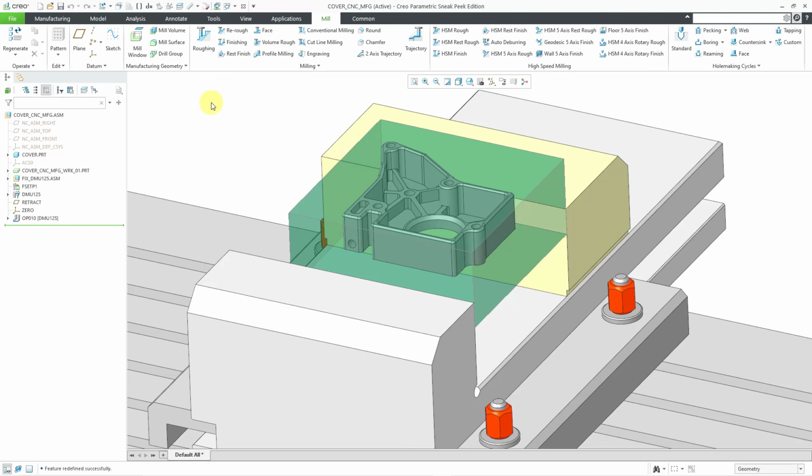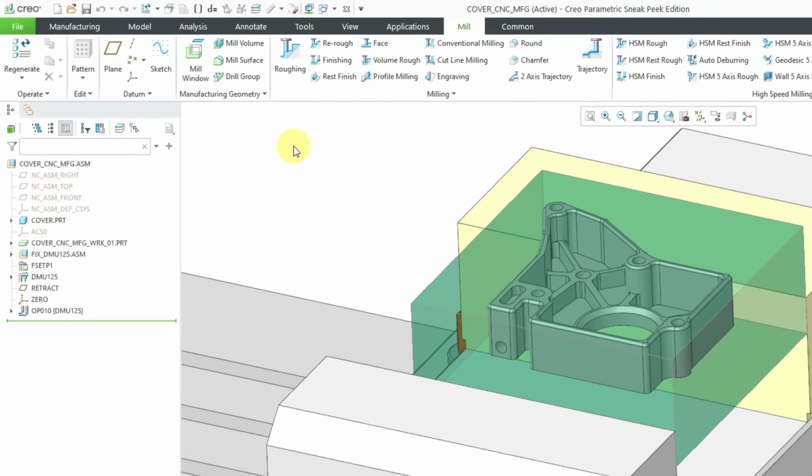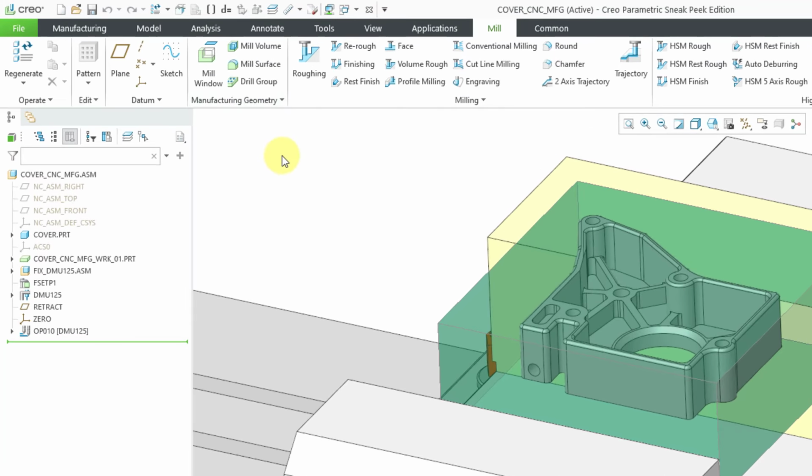In order to create these different sequences, sometimes you have to create additional geometry called manufacturing geometry, like mill surfaces, mill volumes, or like we will cover in this video, mill windows. Mill windows can be used for finishing sequences or volume roughing sequences, but they are required for roughing and re-roughing sequences. To create a mill window, you can click on the command from the manufacturing geometry in the mill tab,